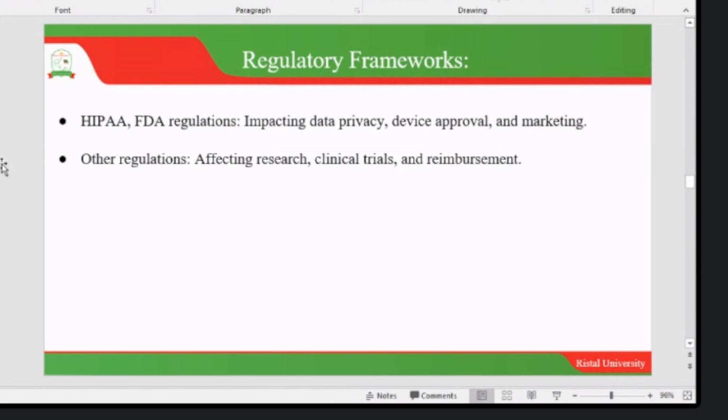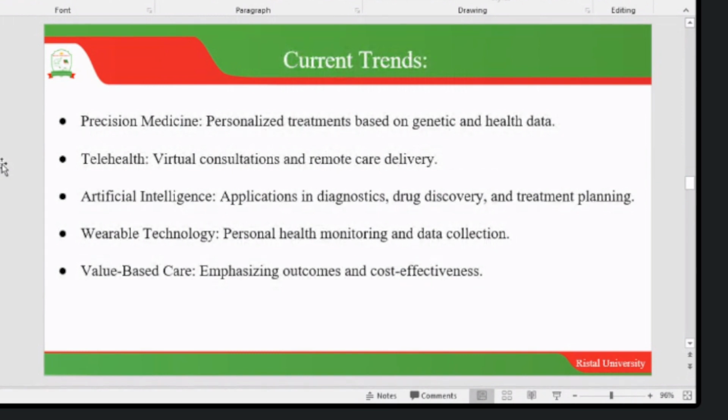So the current trends in the healthcare entrepreneurship arena include precision medicine, which means that treatments are personalized in nature based on genetic and health data. Currently, in developed countries, we have this phenomenon of precision medicine, where it has been there for some time, but it is now being developed at a higher level. Well, now precision medicine can be seen in the sense of going into the hospital